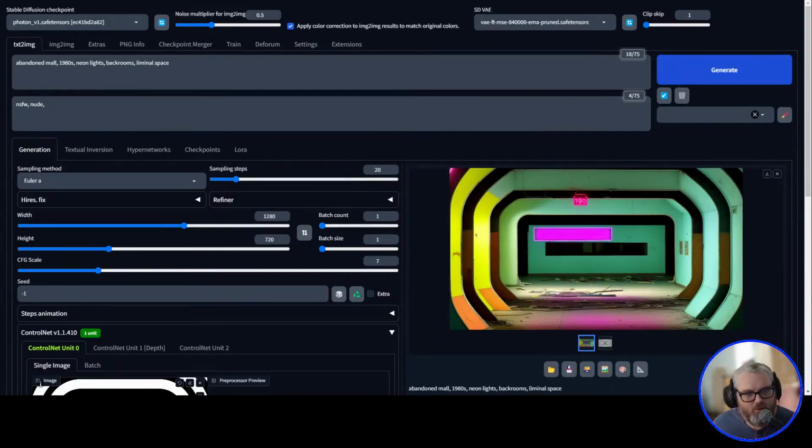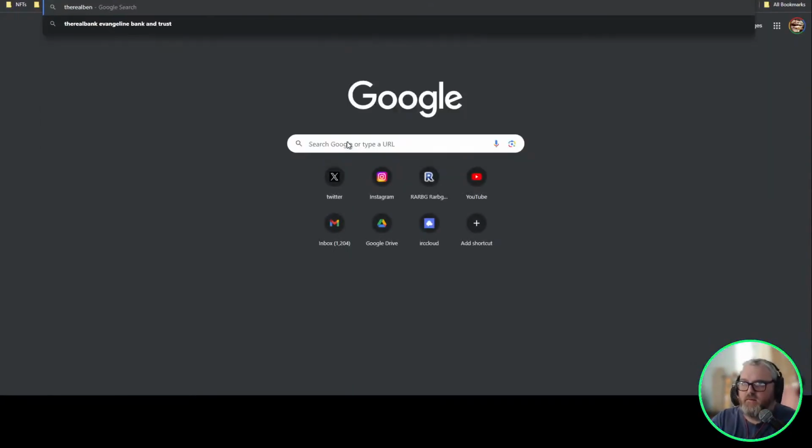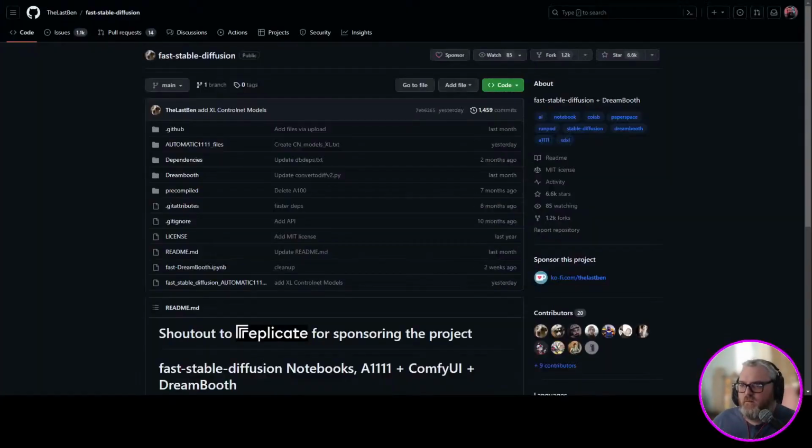Oh, cool. Yeah, no problem. I don't know if the link will still be there, but I can repaste it, I think. I believe you can use this Hugging Face space to do the QR monster stuff. So you can drag your own mask in and diffuse images right there in Hugging Face. There is probably a Colab as well, by The Real Ben, for Stable Diffusion. Yeah, this one here.